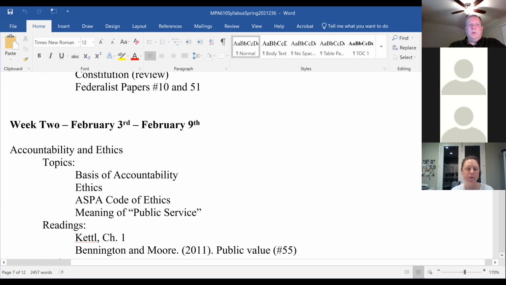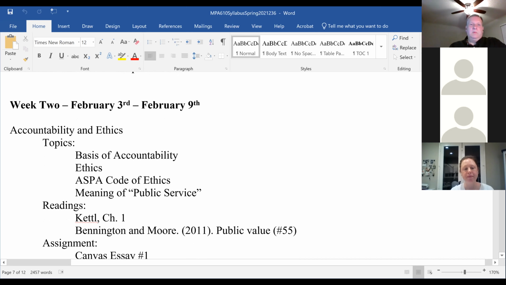And to prepare for next week, we're going to spend most of our time next week talking about accountability and ethics. Now, we will carve out some time at the beginning of class next week to catch up on the Constitution after you've had a chance to take a look at it. And we'll go through the Constitution and pull out some of the relevant parts of the Constitution for our work